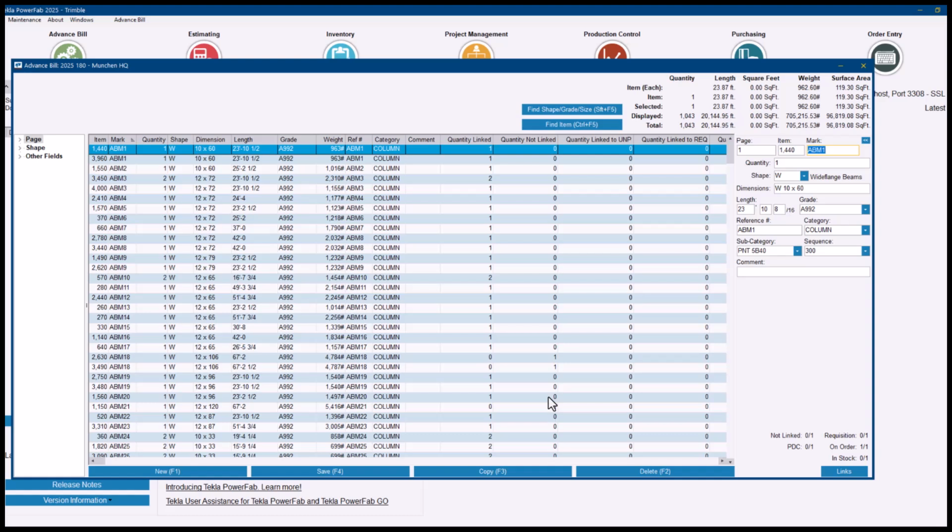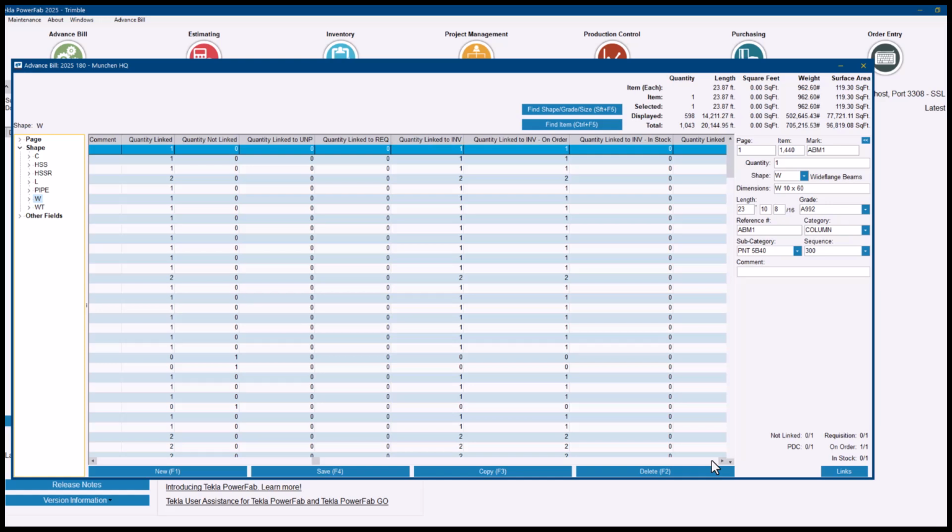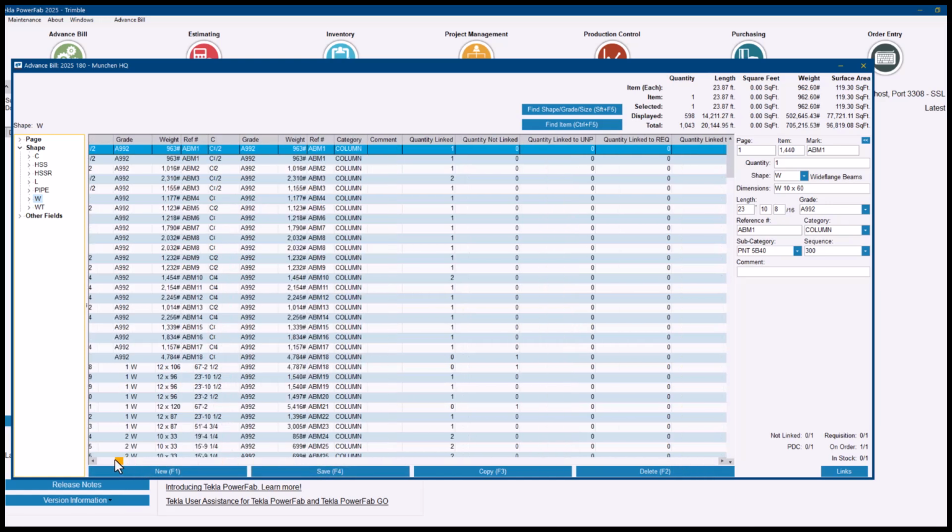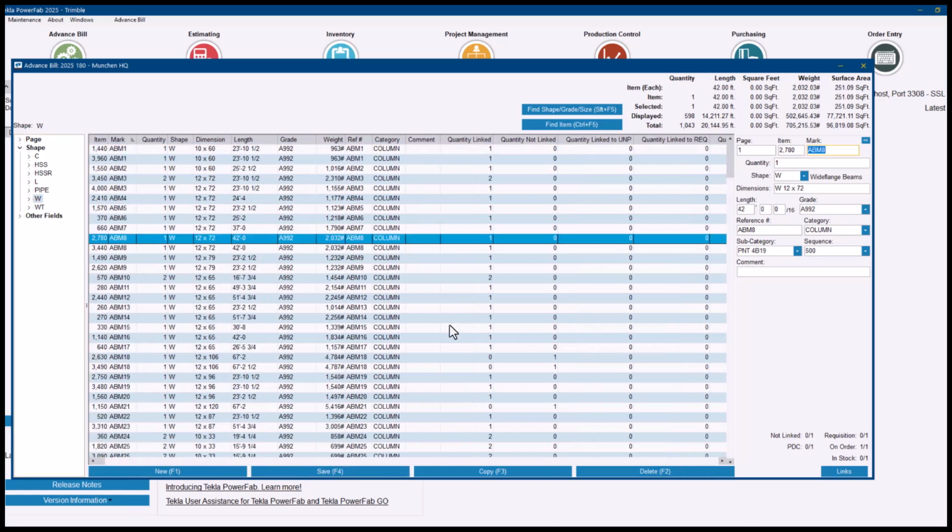Okay, now that that's done, if I go to the shapes here and filter only the Y flange, you can start to see the quantity link in here. If I move further to the right, as I said, you see materials linked to the inventory, materials that are on order. And even if I go here and select any of these parts, I can click on the